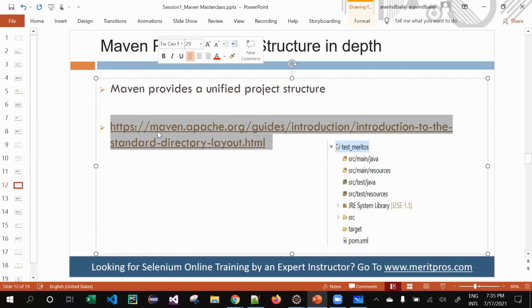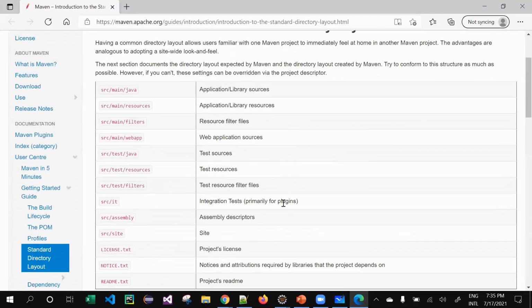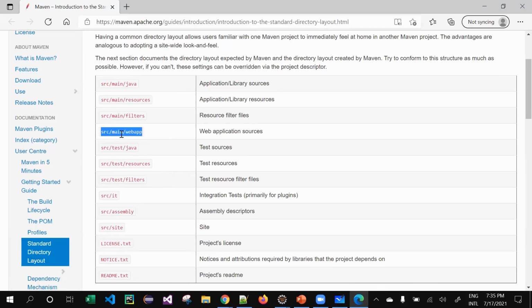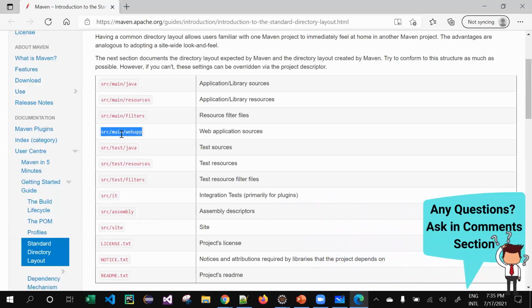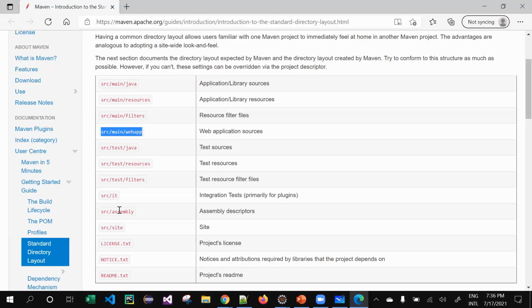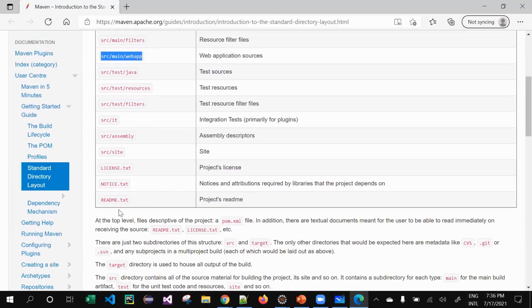Just to show it to you, let me open it up. Yeah, so these are the structures. Okay, application, library, resource, application, library, resources, filter. So again you can ask me, SRC main webapp, what is it? That's a web application. We created only a Java application, so we get only these four folders, but there are different types of applications that you can create, a web application, REST API. Depending on that, there can be some different folder structures available. So this is what it is about. You can go through this in your free time, no problem.